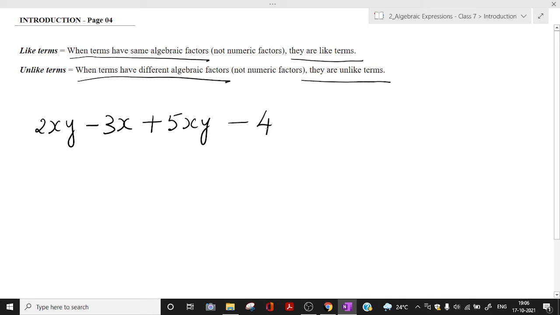Now, in this particular expression, we will look into the like terms and the unlike terms. When we are looking into like terms, whether a term is a like term or an unlike term is based on the variables, the unknown variables, and not the constant. We will not look into the numerical factor. We will be only looking into